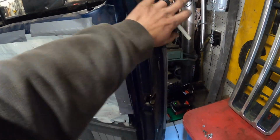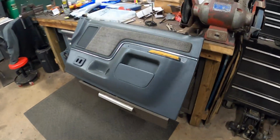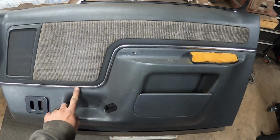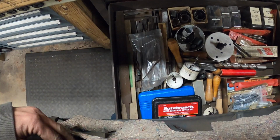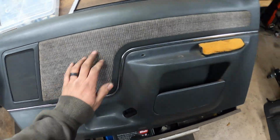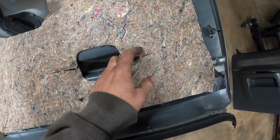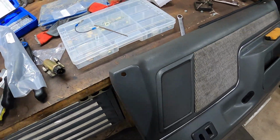It's actually here. So all that's left now is to put the door panel on, and it's actually in pretty decent shape. You know, it's got the typical crack here. We'll come up with something for that, you know, but the fabric's in good shape, the chrome's in good shape. This is a little loose. I think that's just, is it right there maybe? And I'll just go and yep, okay, fixed. But the arm pad is shot, and it looks like it's held on with a missing screw there, and then there's something else behind the juke. We'll sort that out in a minute, but what's awesome is